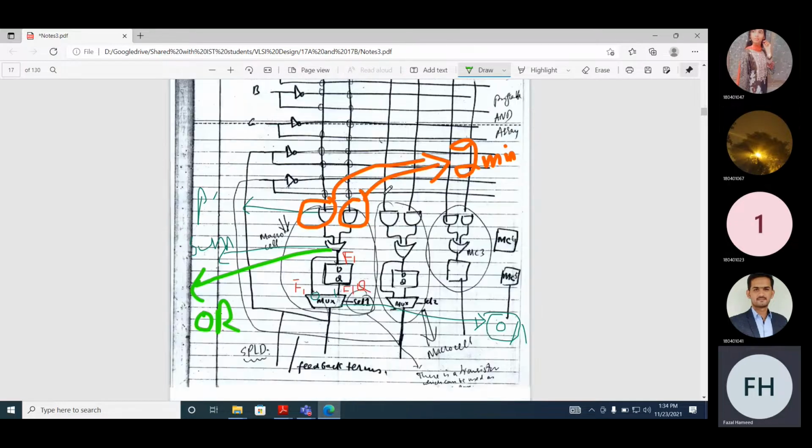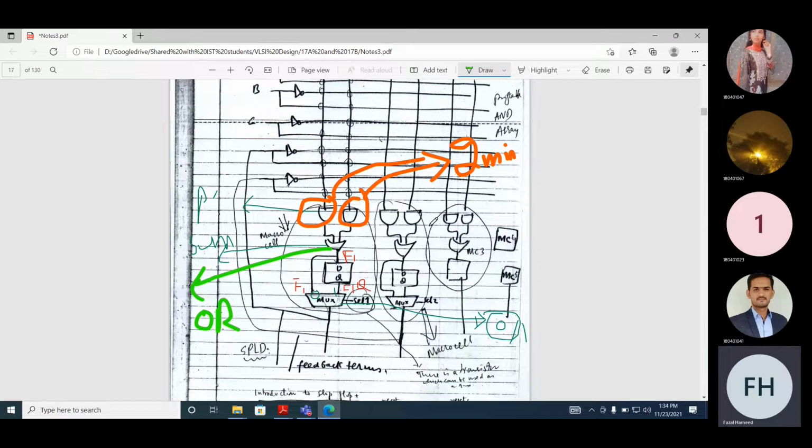If you look at this structure highlighted in blue, this is a macro cell. It consists of a combination of AND gate, OR gate, flip-flop, and multiplexer.